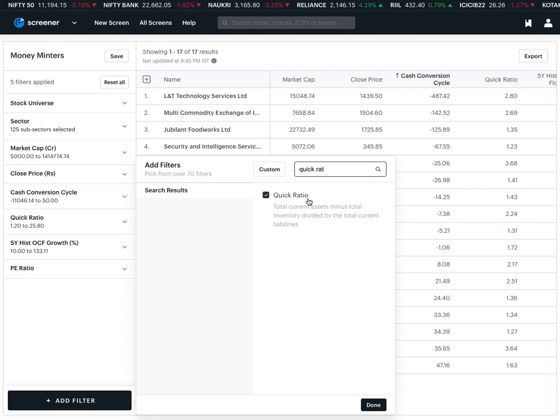Obviously, you can learn more about it by Googling, but this is a very quick primer into what this ratio does. So quick ratio is basically an indicator of how quickly the company can convert its current assets, or readily available assets apart from inventory, to cover its current liabilities, meaning immediately applicable liabilities, right?